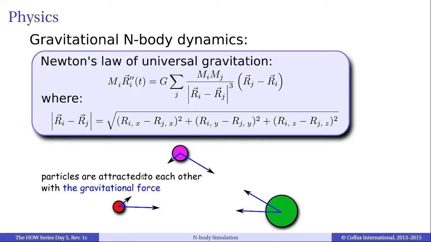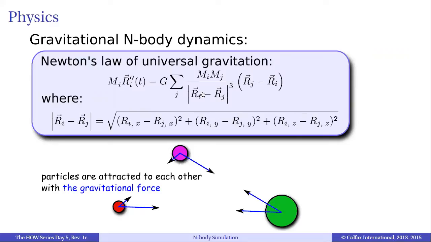The way that we are going to calculate how this system evolves is we will take one particle and compute the force exerted on this particle by every other particle in the system. Then we will take the next particle and do the same. Calculate the force exerted on this particle by every other particle in the system. And in this way, we will go through all particles. For each particle, we will compute its interaction with all its peers. And we will have a total of n squared particle-particle interaction computations